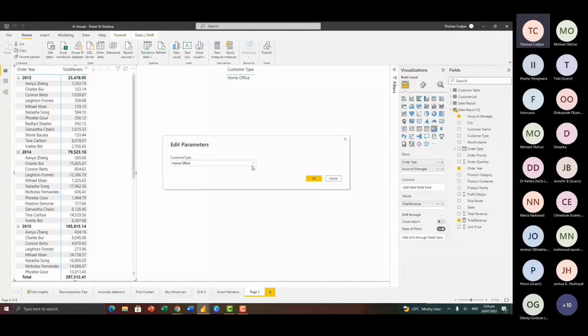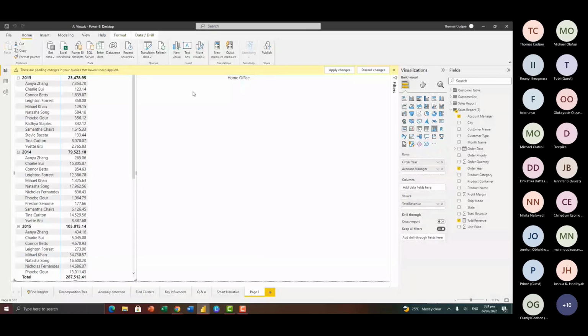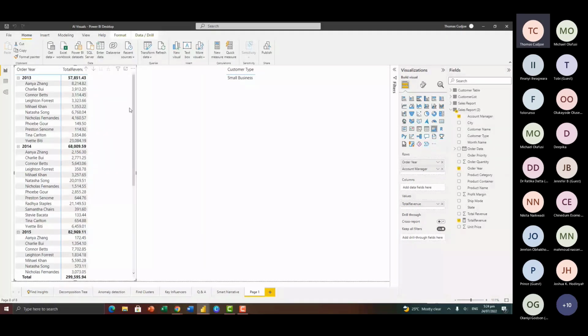Now you see that when you hit apply changes, the values here are going to change. And now we have different values based on the parameter that we have selected. So this is one of the ways that you can use query parameters in order to restrict or monitor or control the amount of data that you import into Power BI.